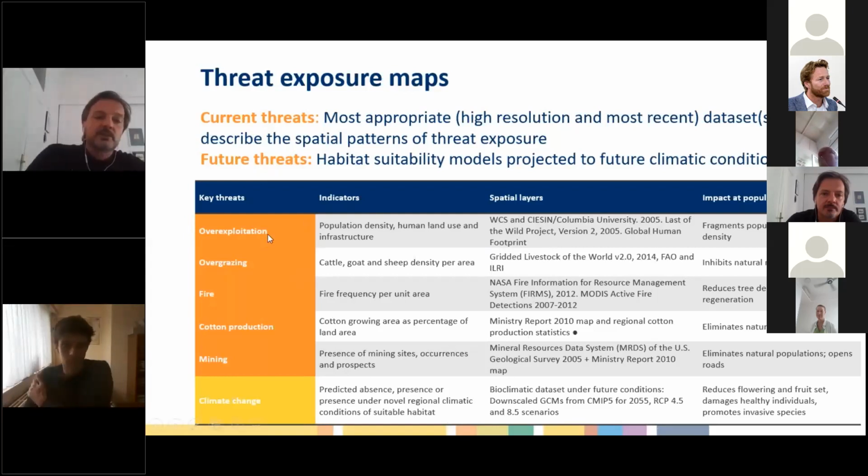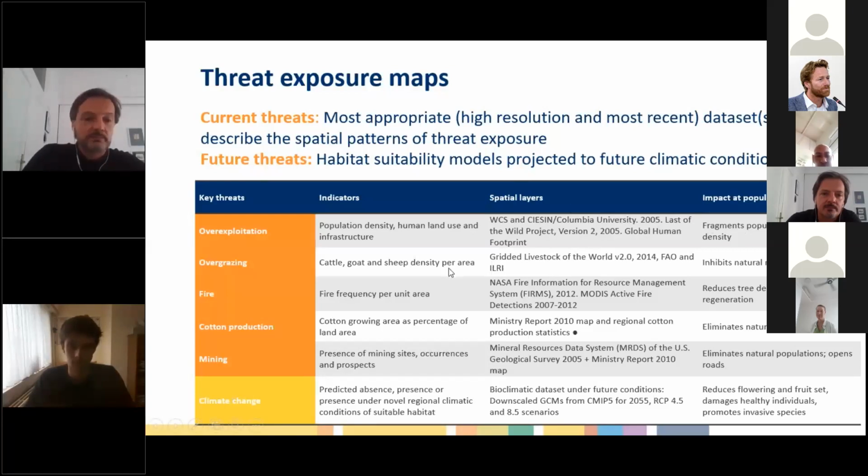And indicators for such, in order to express those threats in a spatially explicit way. For overexploitation, maybe I'm getting a little bit more into depth. A very important factor here, of course, is the population density, human land use and infrastructure. So like roads data set, important assets for accessibility. You see here also the spatial layers that had been used in the Burkina Faso study and the impact at